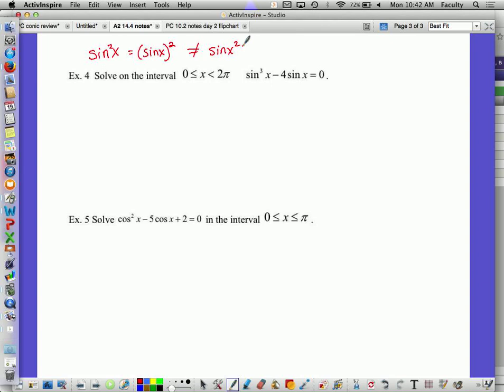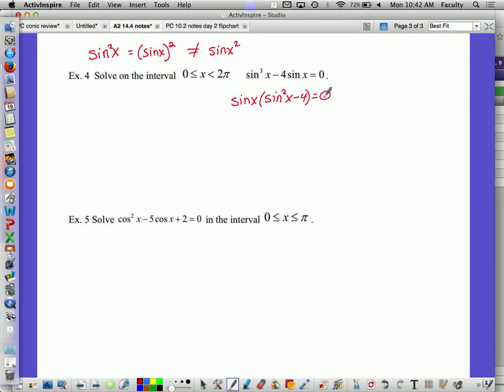So we don't put it out there. It's much easier, and you just have to get used to it. I guess it's the new notation. So when I'm doing sine cubed x here in this example, that literally means sine x times sine x times sine x. Okay? So what I'm going to do here on this one is factor out